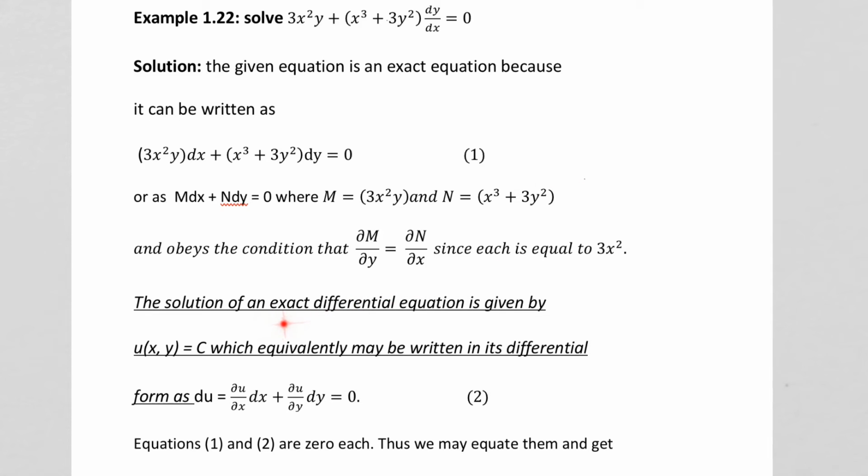The solution of an exact differential equation is given by this, which equivalently may be written in its differential form as du equal to partial u by partial x into dx plus partial u by partial y into dy is equal to 0. Equations 1 and 2 are 0 each. Thus we may equate them and get